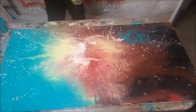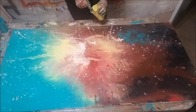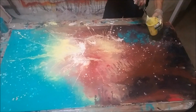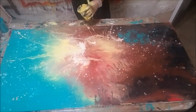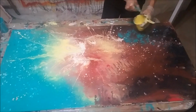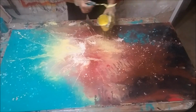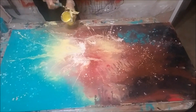Going to do the same thing, splash a little bit of yellow on. You can use anything to do this, a toothbrush. They make special things you can buy in the store. I'm just using a fork because I had it out. In fact, this yellow's pretty thin, so I just want a lot of depth in this picture. A few things going on, and not just one thing. I want people to be able to look at it and spend a little time looking at it and enjoying it. So